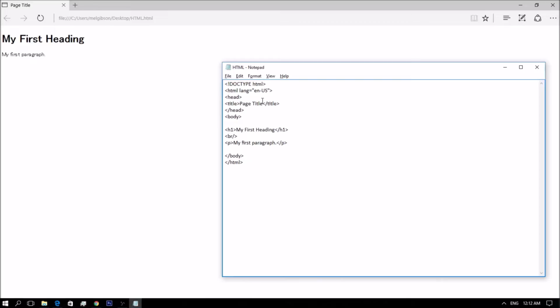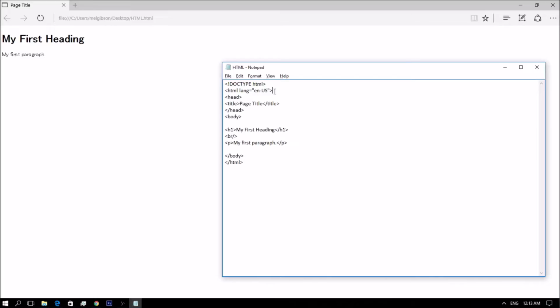So the language of the document can be declared in the HTML tag. So the language is declared with the lang attribute. So the first two letters, this one, specify the language, or if there's a dialect, use two more letters, the US.